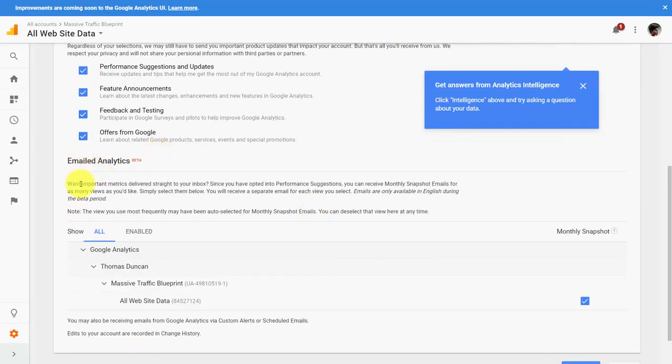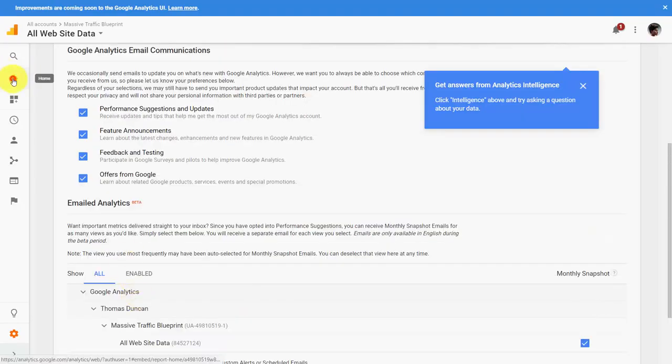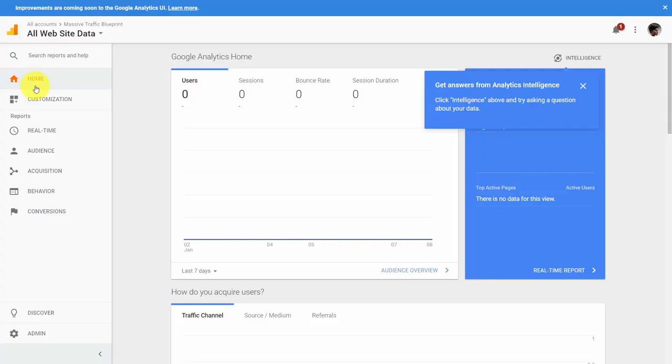Now, email analytics will come direct to your mailbox, and you can get all website data for any website that you have set up for Google Analytics. You can have that set up by default in this area when you start your account. And we'll now go back to the home page, and you're going to see a left side menu here,